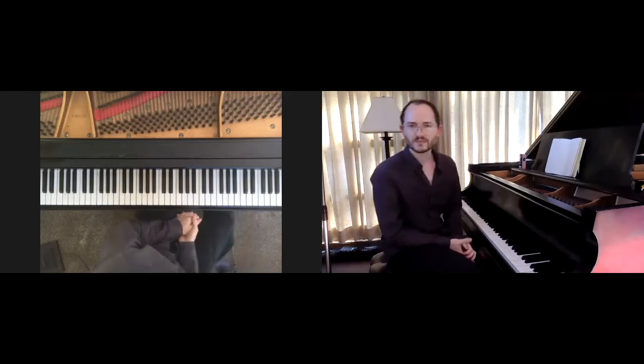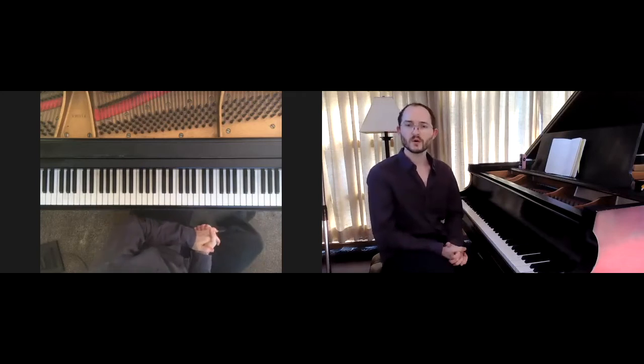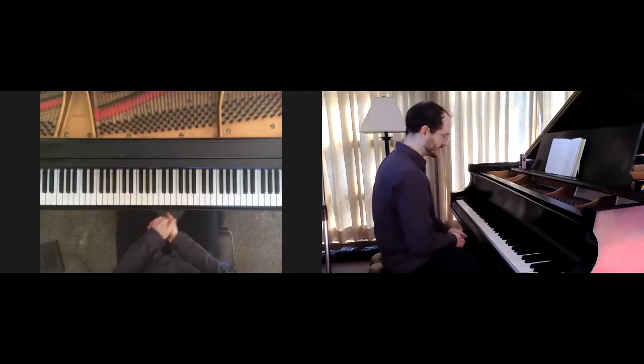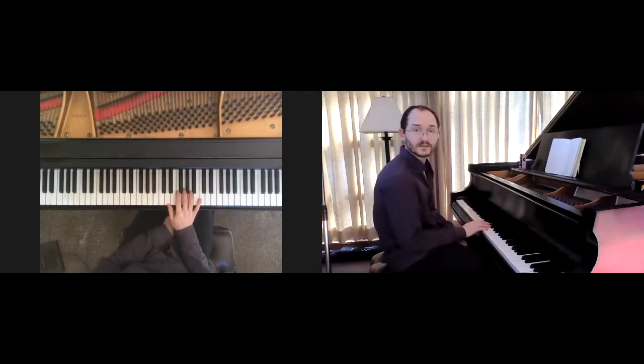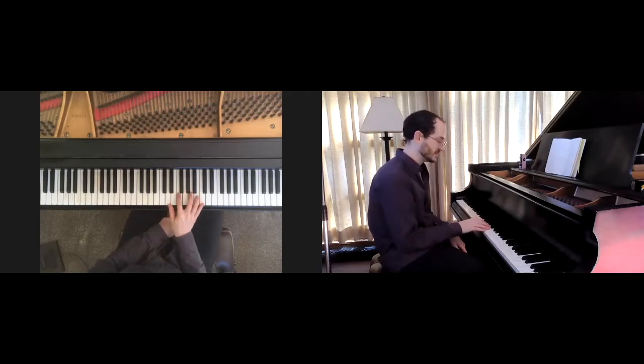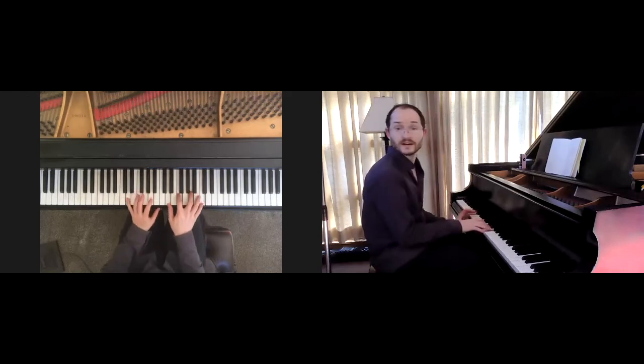So voicings. What is a voicing? It's just a way that you're interpreting a chord symbol, basically. So you can take a chord like a D minor 7, and you can play it in a number of different ways. You could play it in basic position, which is what we would call the root, the third, the fifth, and the seventh. You can also interpret it with more colors, like you can add a ninth,